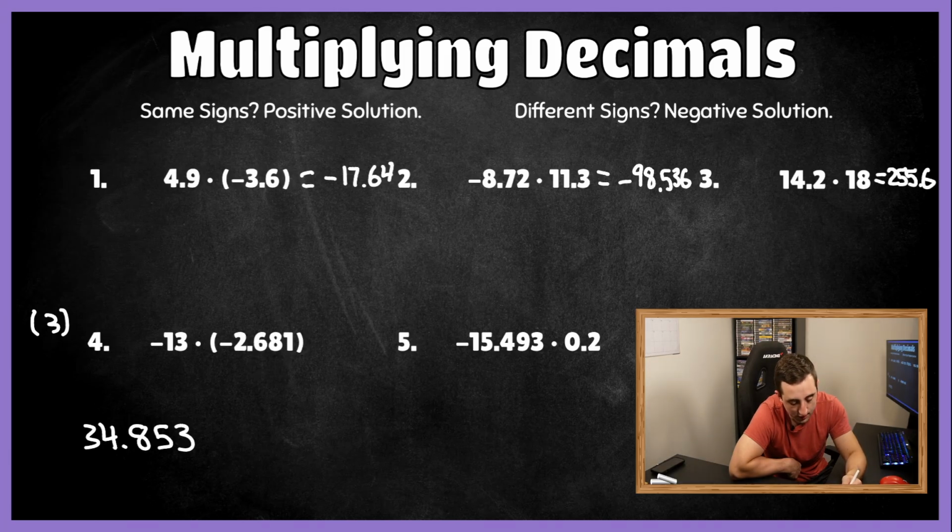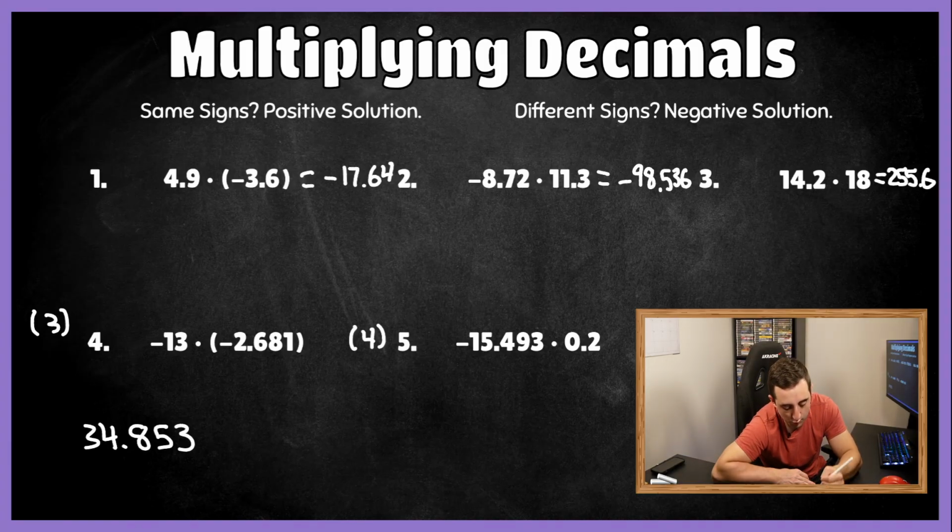I'll just leave that answer there. And then for number 5, we have different signs. We're going to get a negative result. And there's 4 numbers behind the decimal point. So I'm just going to put that again on the side here, and then rewrite it without the decimal points. So we have negative